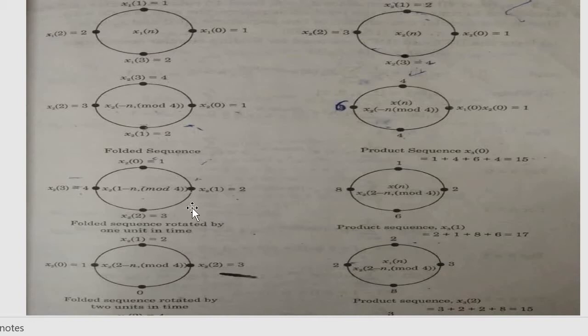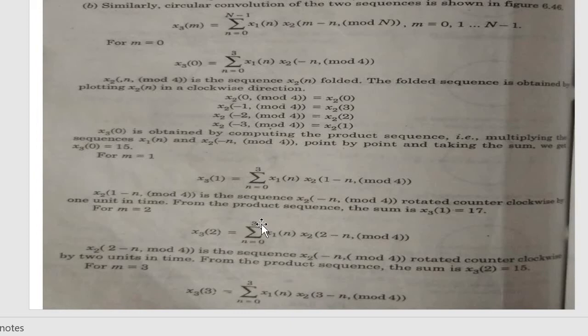Now in the next step, in the anti-clockwise direction, take one minus position, then the second, and the same process: multiply and add, and you will get the answer, that is 17, then 15, and next is 13. Now I will show you this process of circular convolution with the help of the formula. Okay, now let's start with the